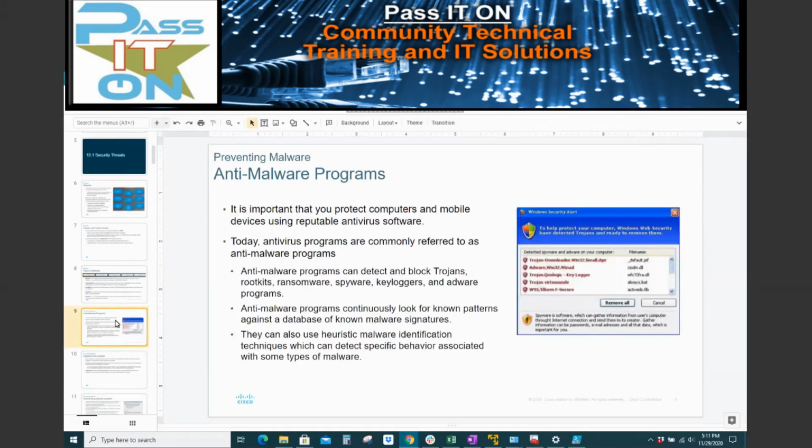Your anti-malware programs are designed to deal with many of these known malicious software. They refer to them as anti-malware because they're not just antivirus anymore. They used to be just antivirus, but now they're antivirus plus anti-spyware plus ransomware. They can block a lot of different things and identify a lot of different types of malicious software. In order to keep them up to date, there's a couple different methods. The most basic method is to do